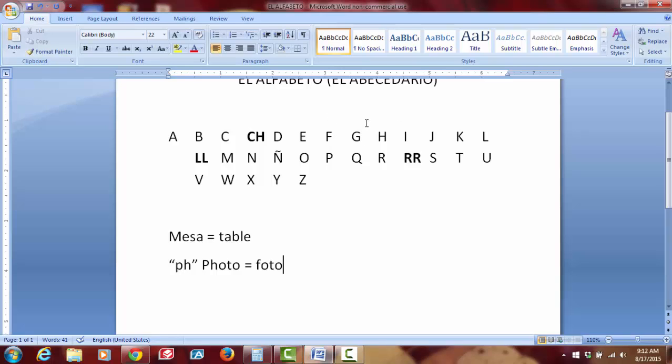All right. The letter G is he, and this has two sounds as well. Now in English, we have two sounds for the G. It can be hard, like in the word gap, and it can be softer, like in the word garage, and it has that j sound. In Spanish, it has two sounds too. It has a hard sound, like in the word guapo, which means attractive, or gordo, which means fat, okay,